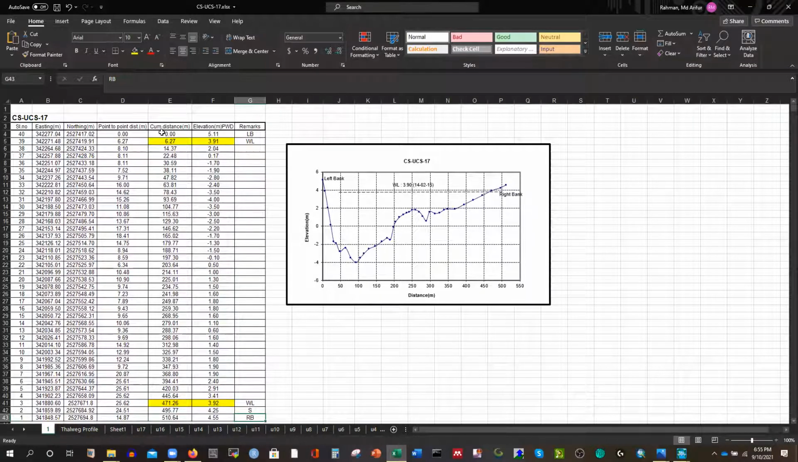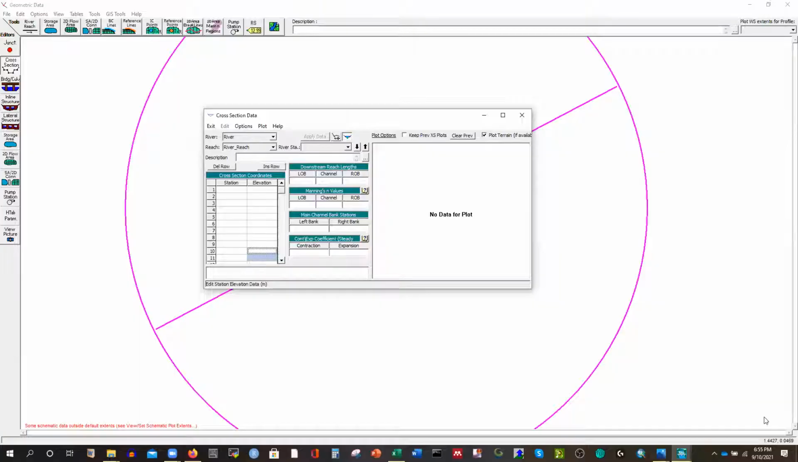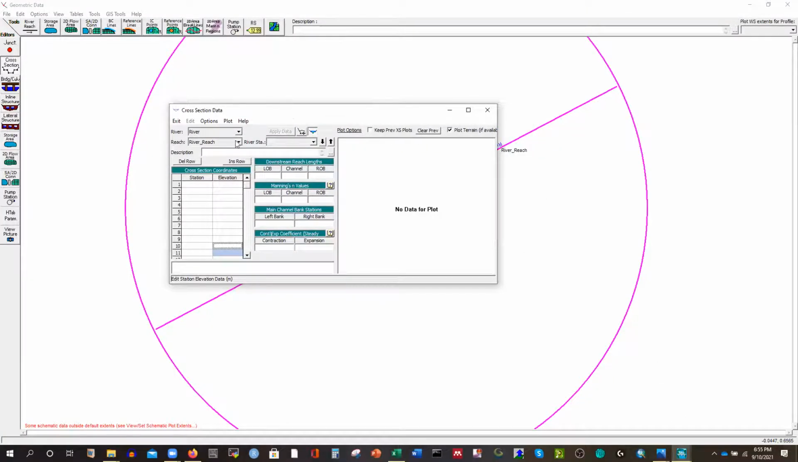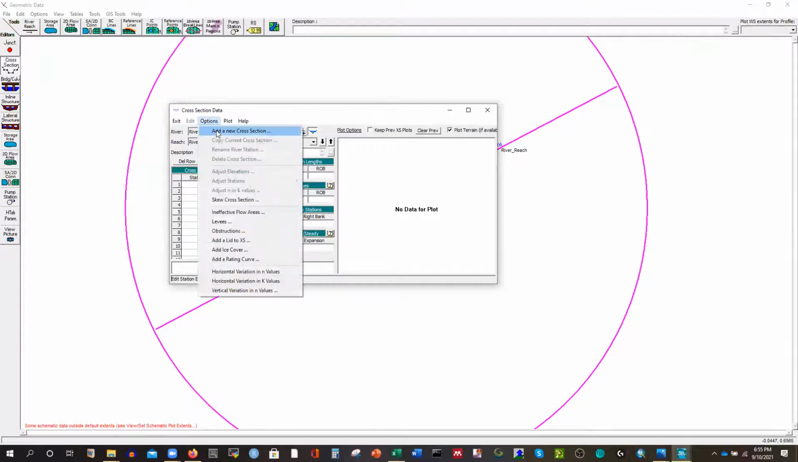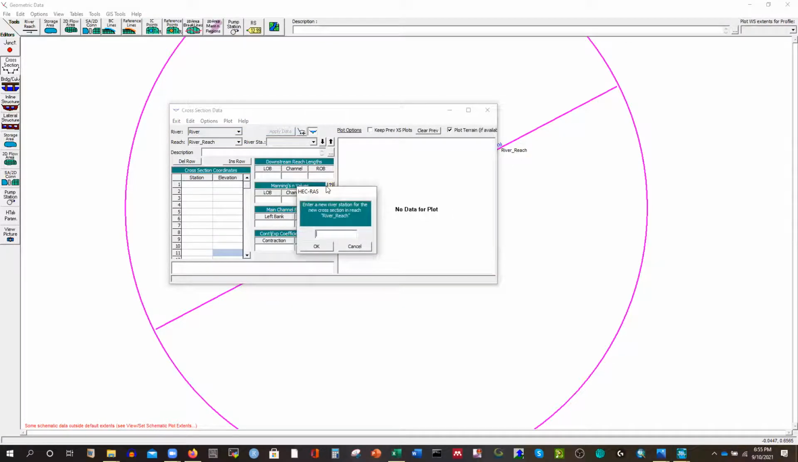So what do you have to do? We have to copy these two columns and paste them there. These are manual jobs we have to do 20 times. At first we have to create the cross section as a blank cross section. So first go to options and then add a cross section, and it will ask you the number. You can put any number, but since we have only 20 cross sections in total, if I put 20, it will be the most upstream, and if I provide 1, it will be the most downstream one. So I'm going to